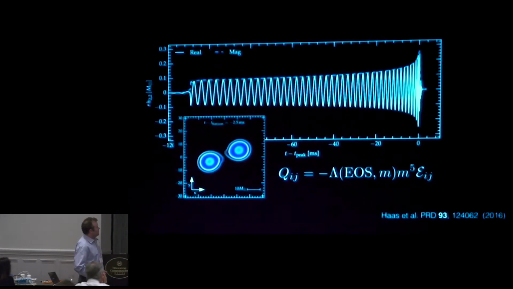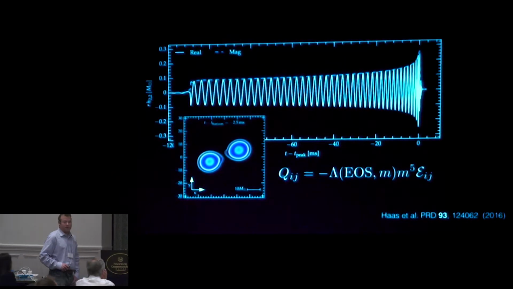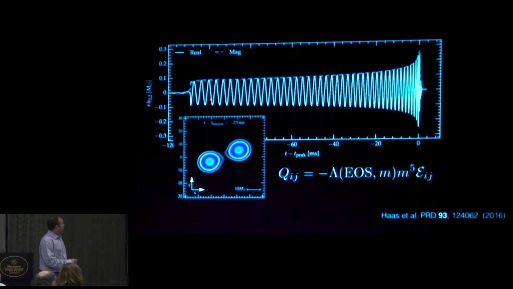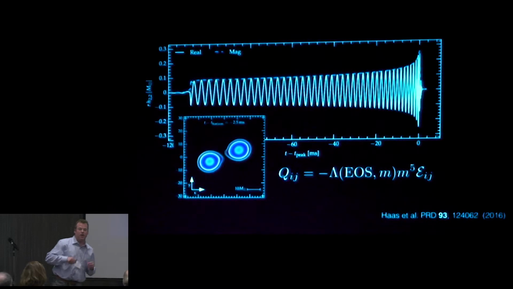One other result I'll just point to briefly in the last couple of minutes is we looked at measuring the nuclear equation of state with these binaries. So this is a nice plot from a paper by Roland Haas that shows a numerical simulation of a binary neutron star merger, and you can see that these binary neutron stars are tidally deformed by the gravity of the